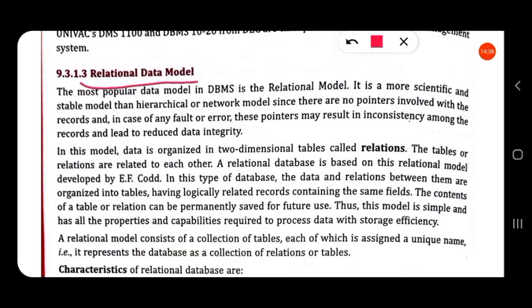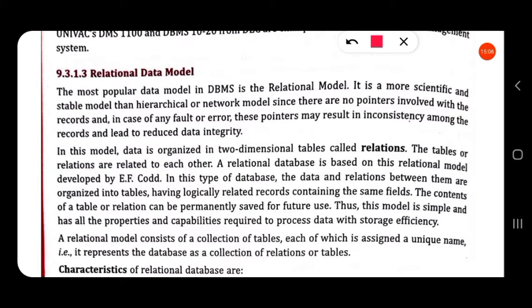That table is called a relation. So in a relational database, the tables are called relations. The tables or relations are related to each other.